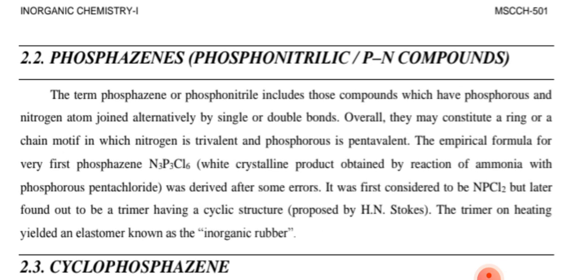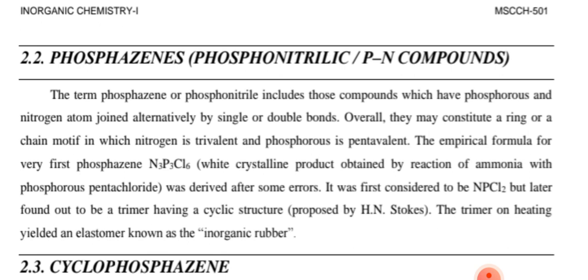2.2 Phosphazene, Phosphonitrile, phosphorus-nitrogen compounds. The term phosphazene or phosphonitrile includes compounds which have phosphorus and nitrogen atoms joined alternately by single or double bonds. Overall, they may constitute a ring or a chain motif in which nitrogen is trivalent and phosphorus is pentavalent. The empirical formula for the very first phosphazene, N3P3Cl6, a white crystalline product obtained by reaction of ammonia with phosphorus pentachloride, was derived after some error. It was first considered to be